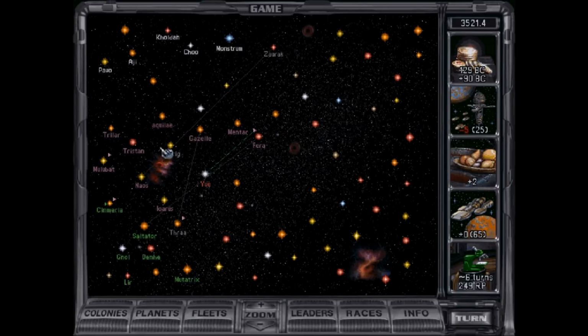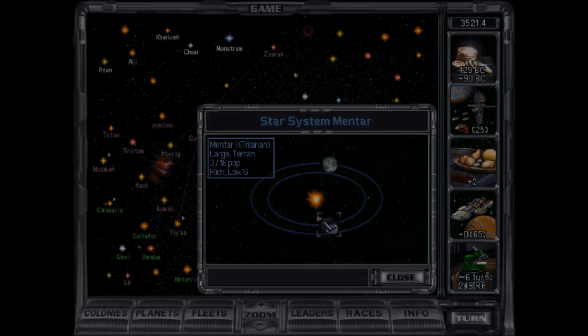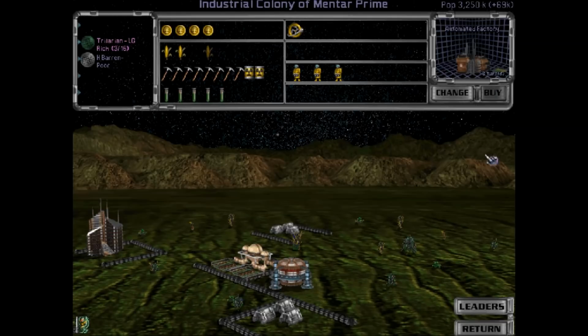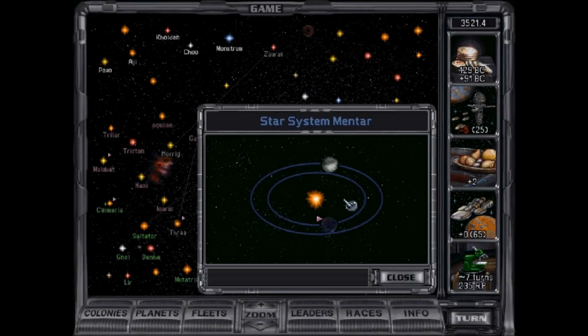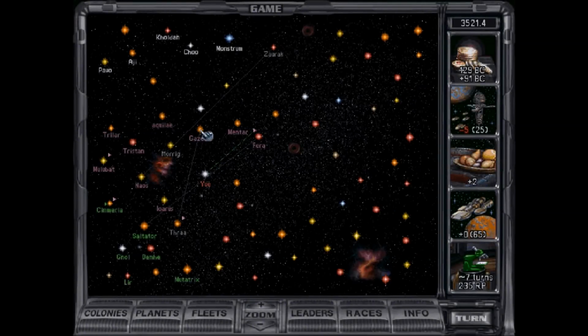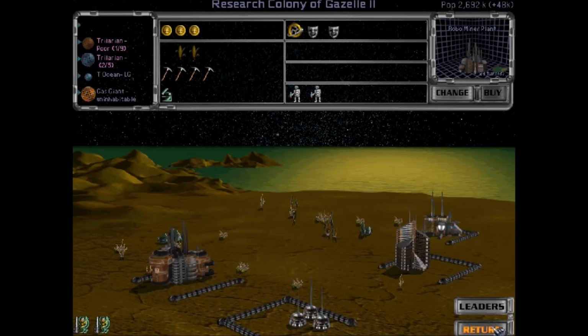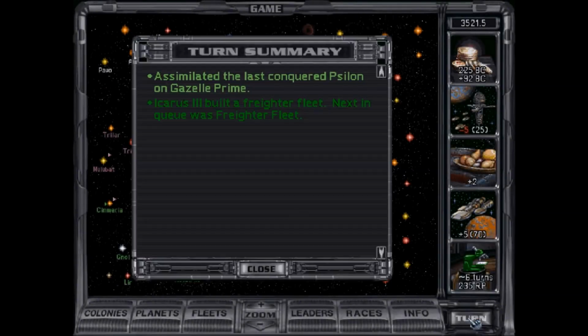Oh, Mentor, I need to transport a Trilarian to Mentor here. I need you guys to actually work for a change. Unfortunately. Gazelle will also need some people. But let's free up a few